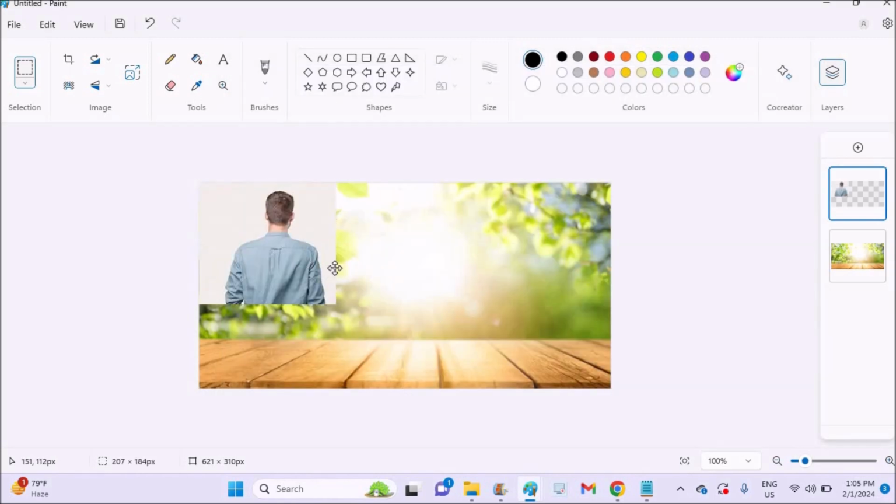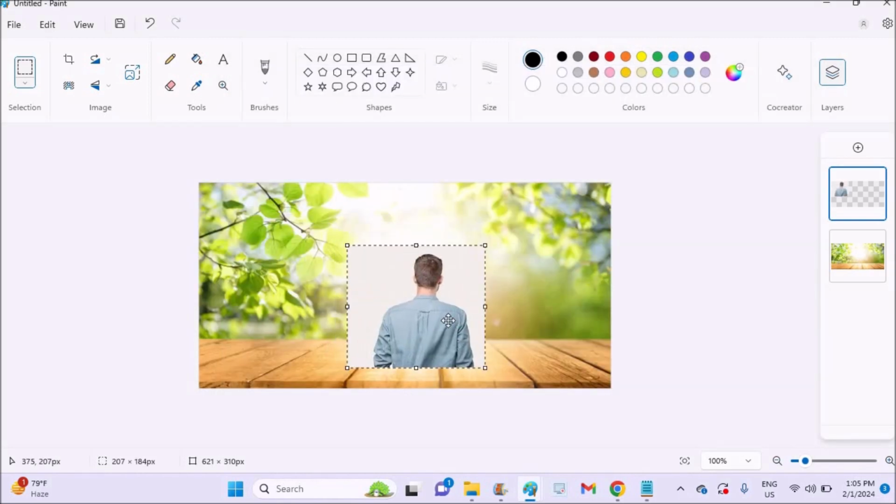For example, in this tutorial, I'll keep a person image, maybe that's your photo, selfie or something like that, which suits the background. And I'll use this option, as I told you, background remover. Just with one click, all that background gets removed. So this is a pretty cool option, and if you are seeing this for the first time, you may